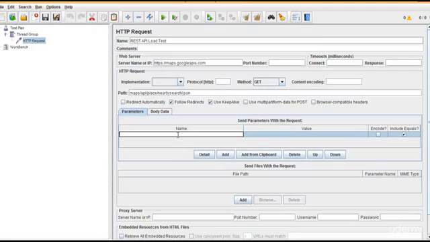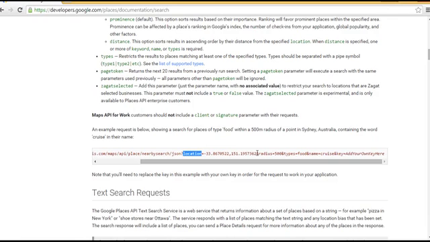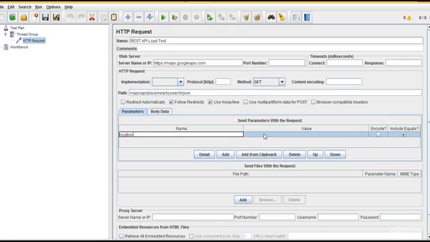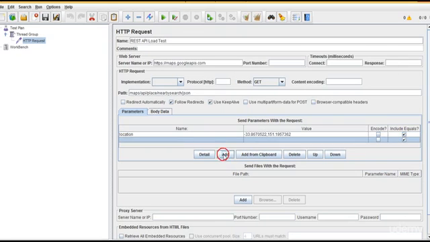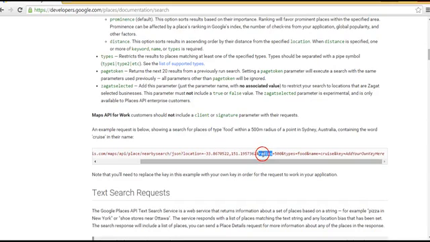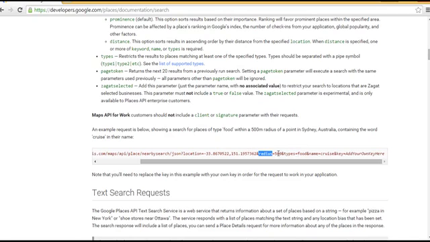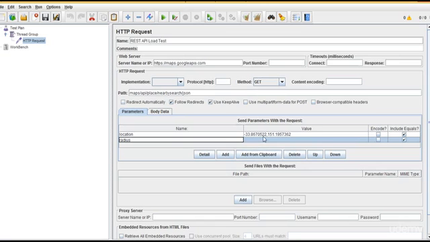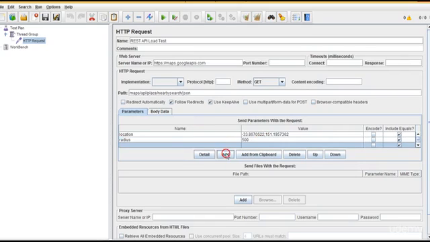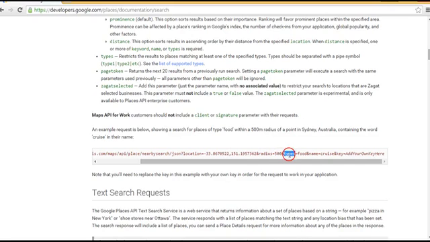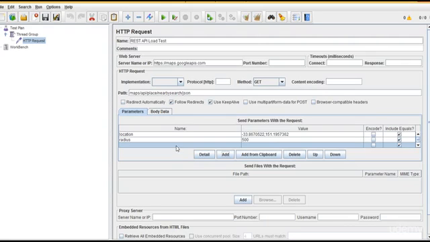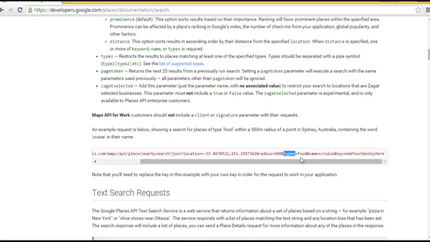Location, pass name and value, add radius, 500, okay, and types, put,